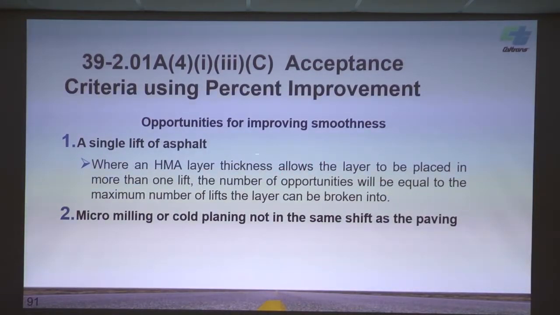If you let the specs ride the way they are, if you got a 3/10 or greater, and they decide to use 3/4, the contractor's going to argue that's 1 opportunity. You're going to basically tell them, no, you could have broken it up into 2. That's 2 opportunities. You just lost 1 of them. Still 2 opportunities.